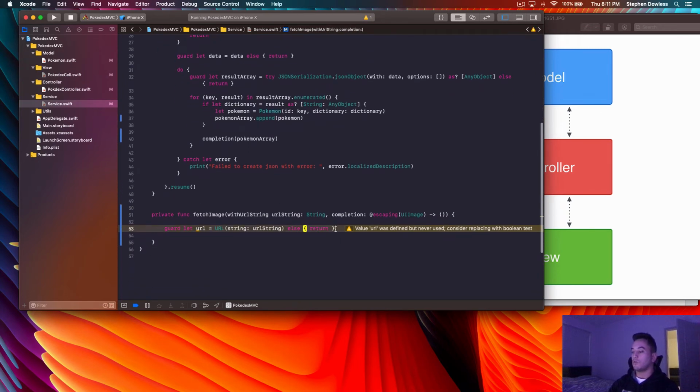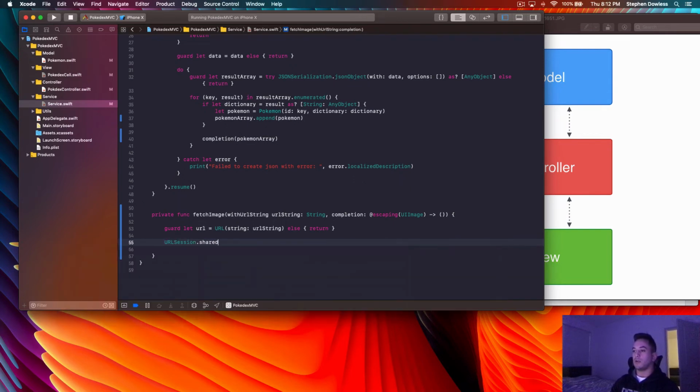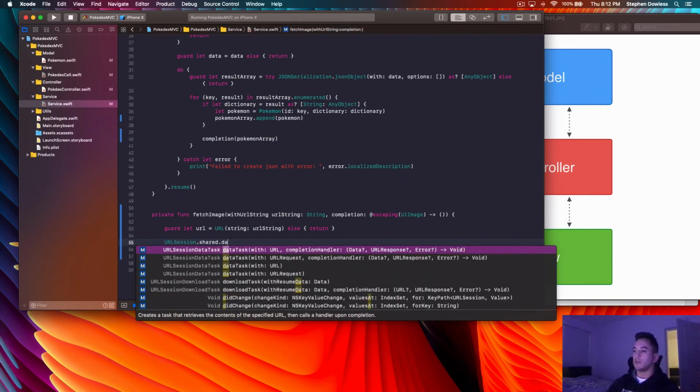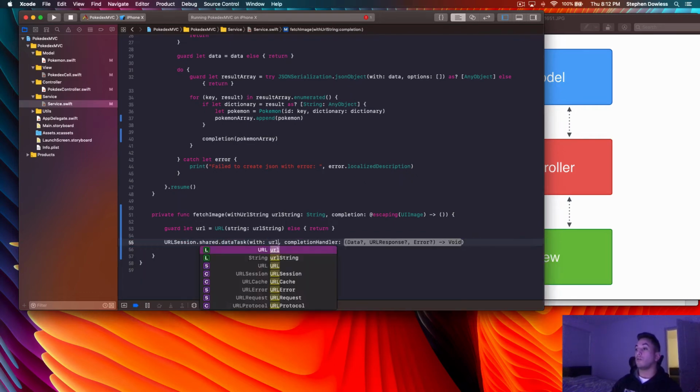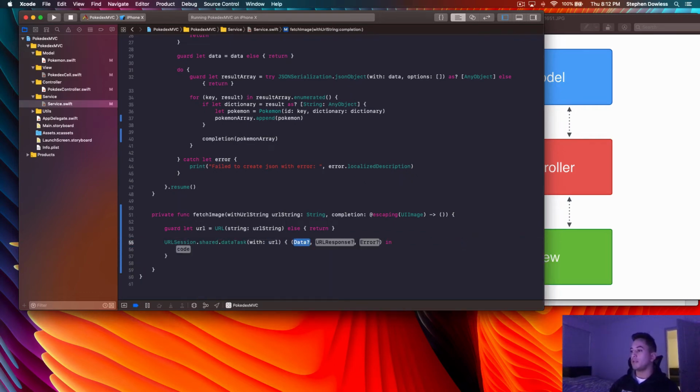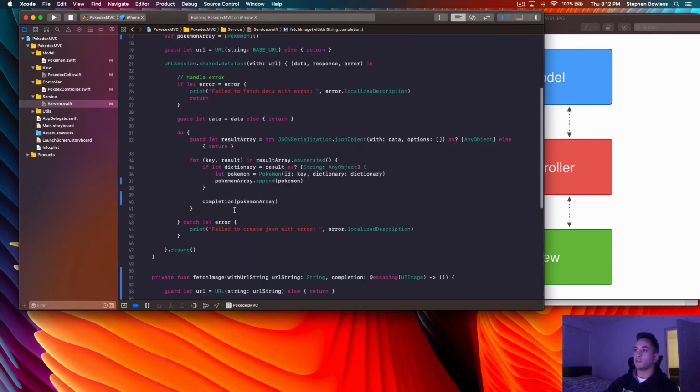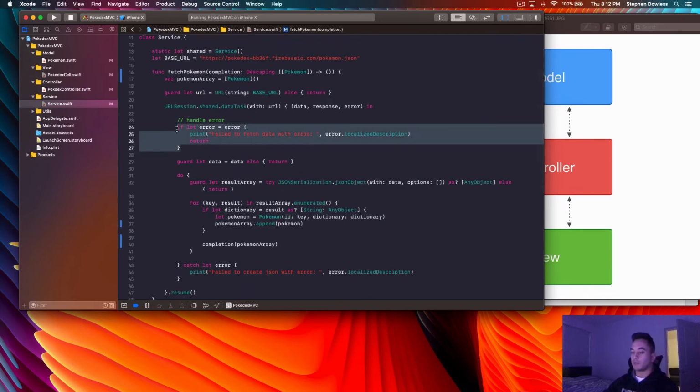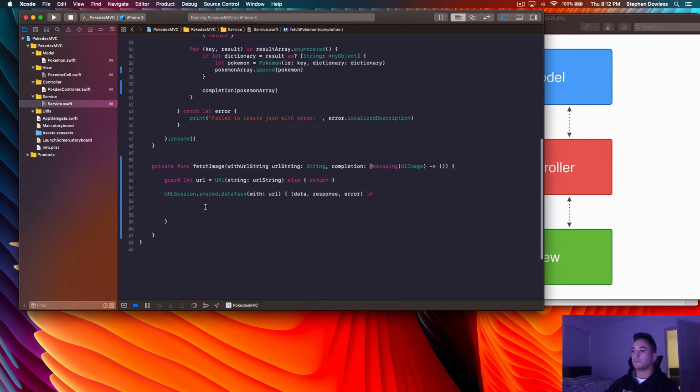So we're going to say URLSession.shared.dataTask and select this option with URL and completion handler, and then pass in the URL we just created and hit enter on that block. We're going to do the same thing, data, response, error. The first thing we want to do is handle our error. So we can go back up here, copy and paste this, and just change the message: failed to fetch image with error.